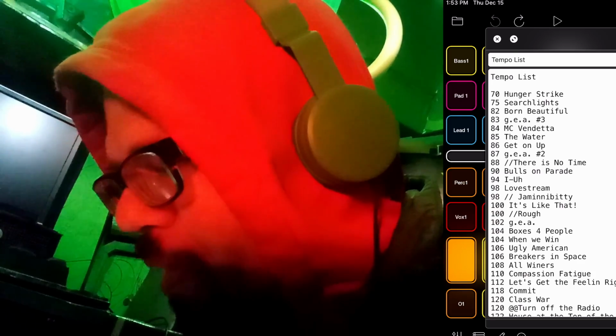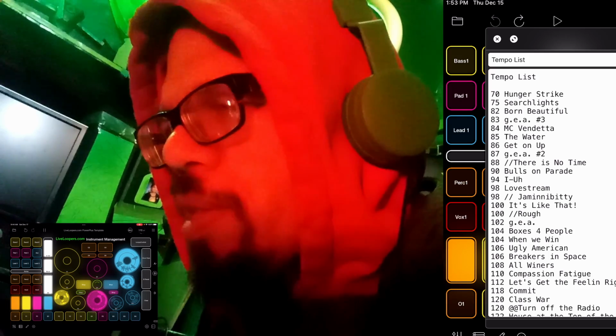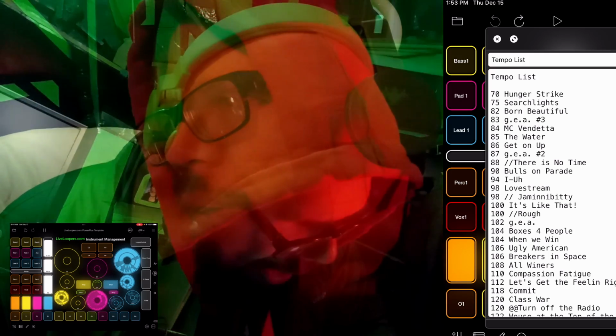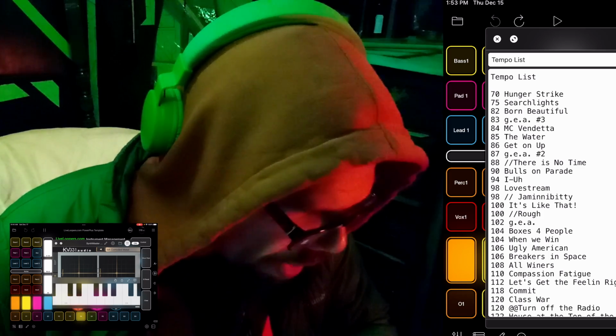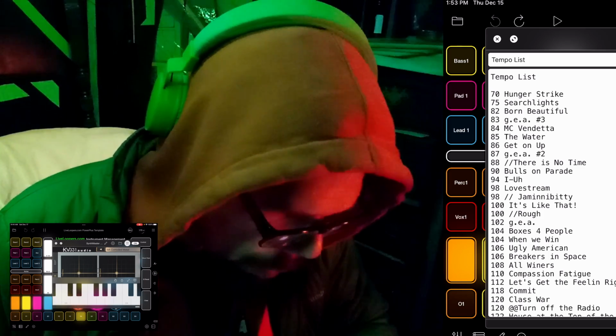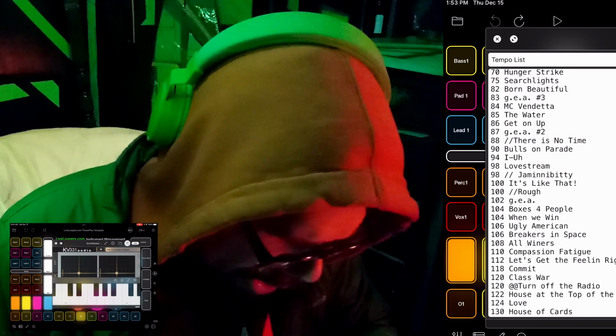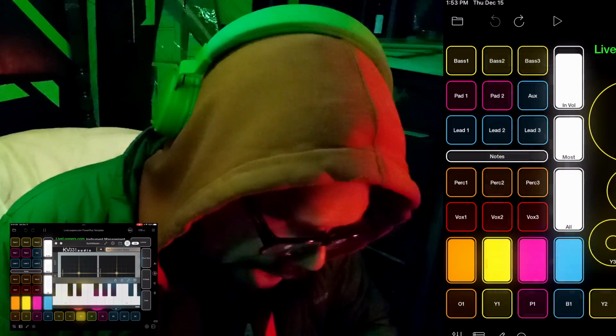I have a tempo list. Like if I make a beat and the song ends up with BPMs that it spits back being somewhat different than what I'm expecting, or just the mood, like I want to do a different song, I just pop this open and I'm like, oh yeah, what songs do I have in that tempo range? And wow, very, very easy, convenient,